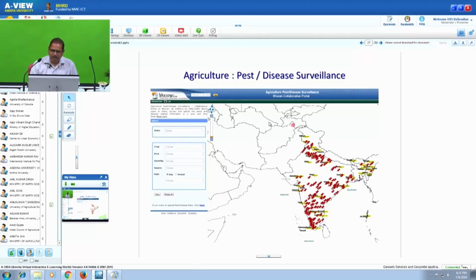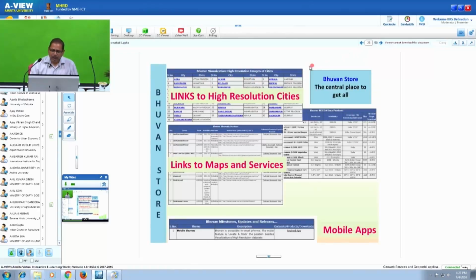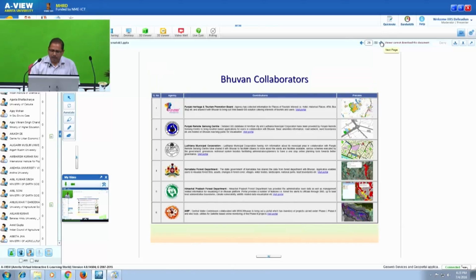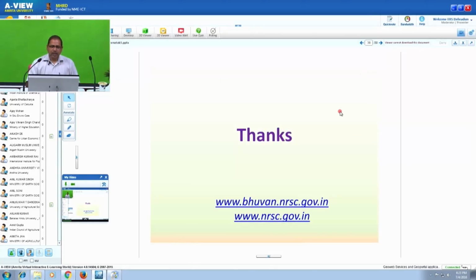There are many more such applications available in Bhuvan, like for agriculture, for pest and disease surveillance. These data sets for the entire country, the Ministry of Agriculture is using. And the high resolution data, I already talked about it. So these are some of the collaborators, like different user department ministries in the country, and they are participating, and also publishing their data here. So this is very quick about the Bhuvan